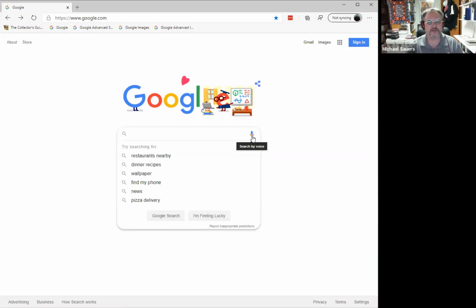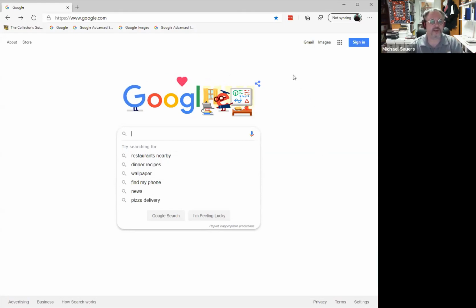You'll also see over here to the right, this microphone. There is a search by voice feature. So if you are on a computer with a microphone, or if you're on your cell phone and you want to search by voice, you can do that. I'm not going to try that out today. I'm not sure how using the mic for both search and this presentation is going to work out. It does offer me some search suggestions, and as you start using Google more and more, it will start customizing those suggestions for you.